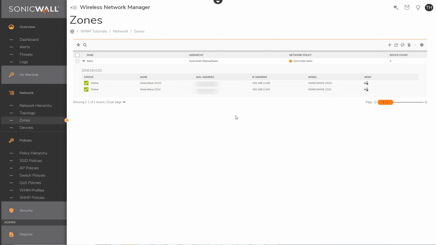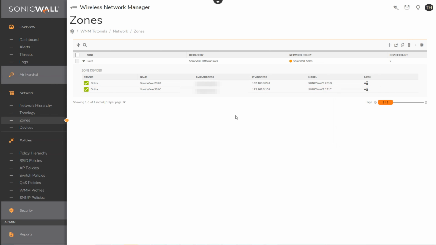So once you can confirm that your access points have their configuration and have become a member of a mesh network, i.e. are showing up as online and as mesh gateways in WNM, it's at this point that you can take the intended mesh node access points and install them in their final resting place of sorts. And once they're installed and powered up, they'll recognize that they're not hardwired anymore and automatically become mesh node